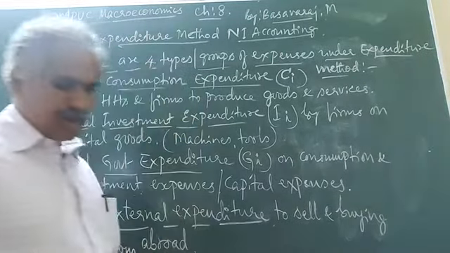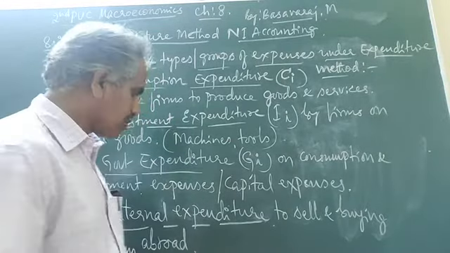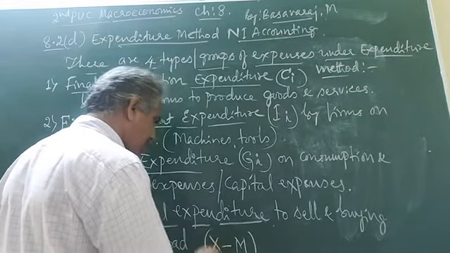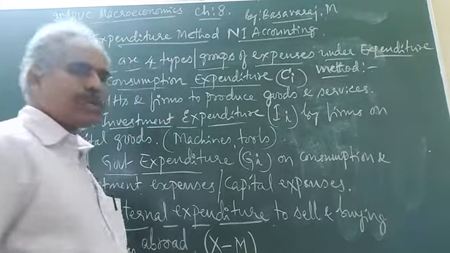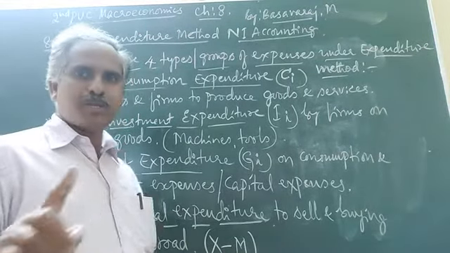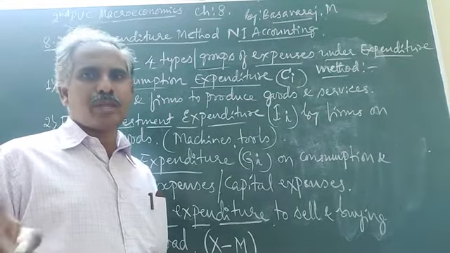Exports and also imports. The expenditure regarding exports and imports is X minus M. It means from the amount of exports we must deduct the amount of imports, then we have the